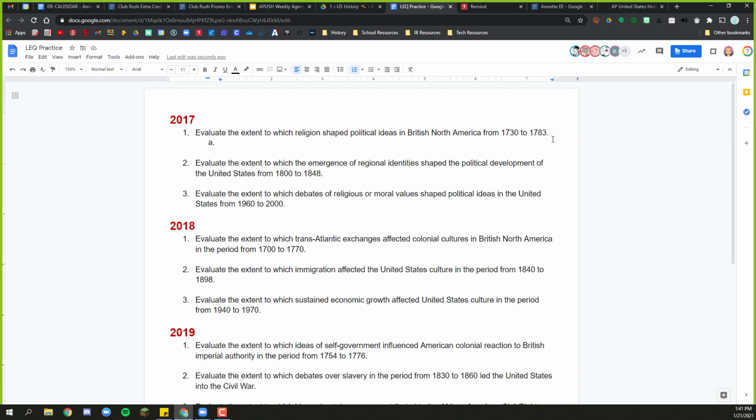Because remember, what we are contextualizing is the thing right after "evaluate the extent to which." Well, the thing that we are evaluating is religion shaping political ideas. I do not want to contextualize British North America in 1730 to 1783, which means I need to go earlier than that. Okay, so if I'm looking at religion shaping political ideas in early colonial America,